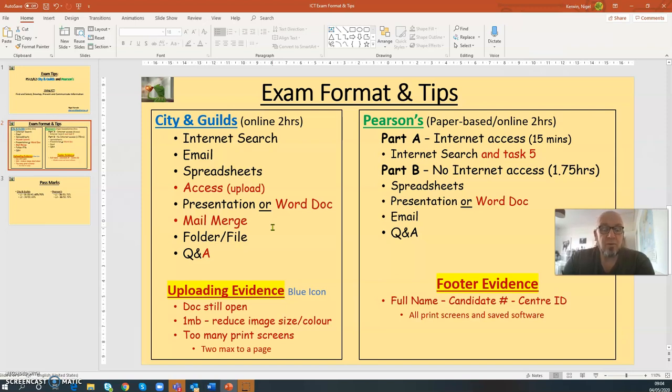So think about your formulas and functions. Make sure you're using the right one. With City and Guilds, your functions you may be asked to do are if statements, if and, if or. You may be asked to do 1 or 3 of them. With Pearson's, your major functions that you will be asked, this is level 2 I'm talking about, are VLOOKUPs and if statements. You may be asked to do 1 or 2 of them. Another tip I would say would be to rename your tabs at the bottom of your spreadsheet. So your little tabs